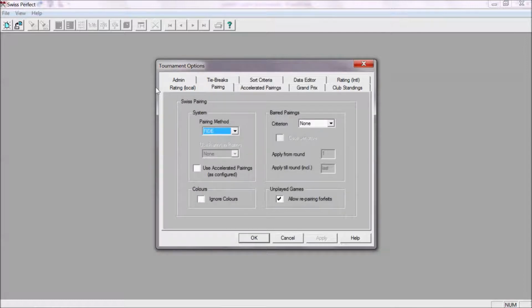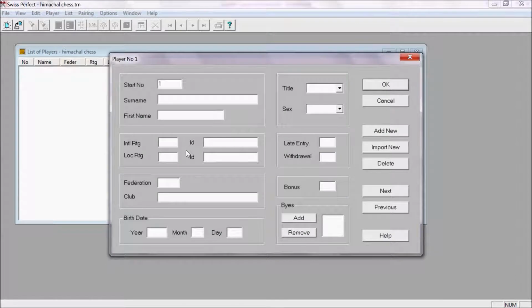You need not change this pairing method. So the tournament has been set up. Now you can apply these settings and click OK. As soon as you click OK, now you can enter the players.